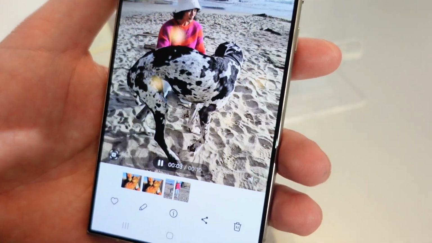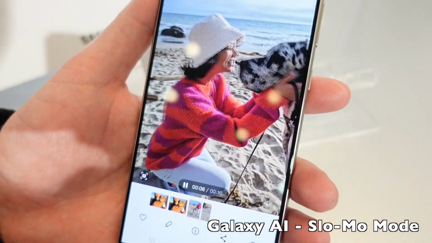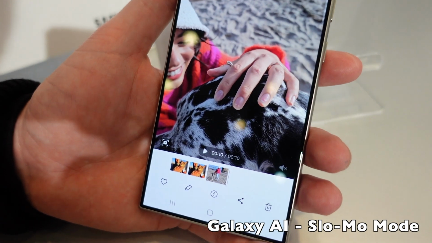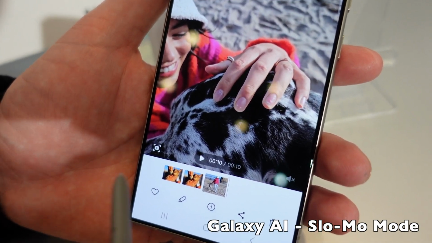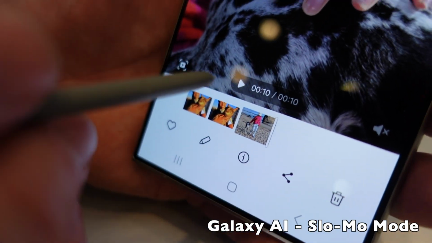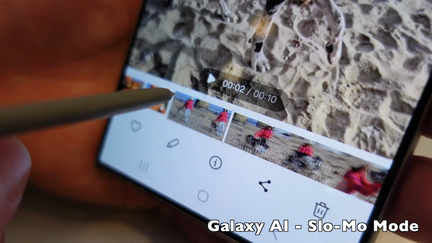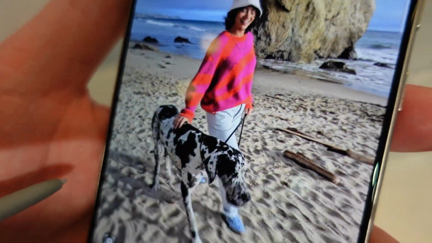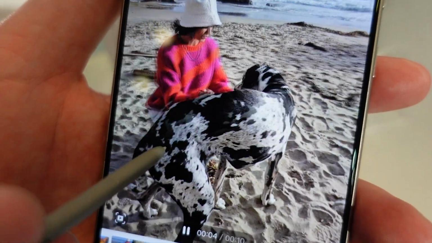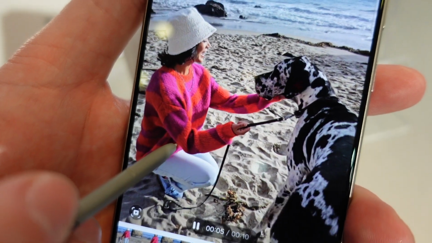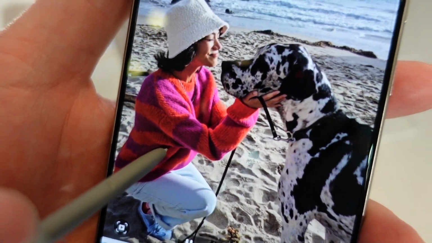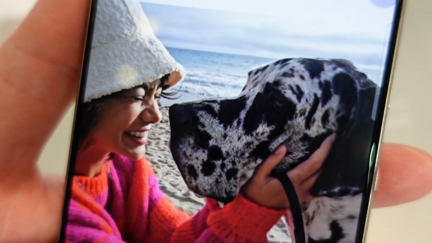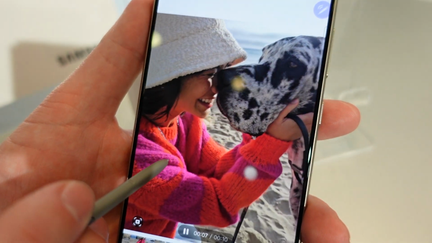And so normal video, the good thing about instant slow-mo is, as you mentioned, you can bring in old photos or old videos and create a new piece with it. So you don't have to record within slow-mo mode, but what we're going to do is hit play here. And as your regular speed video is going, you just give it a hard press. Beautiful moment. Let's capture it all. And then I'll let it go.